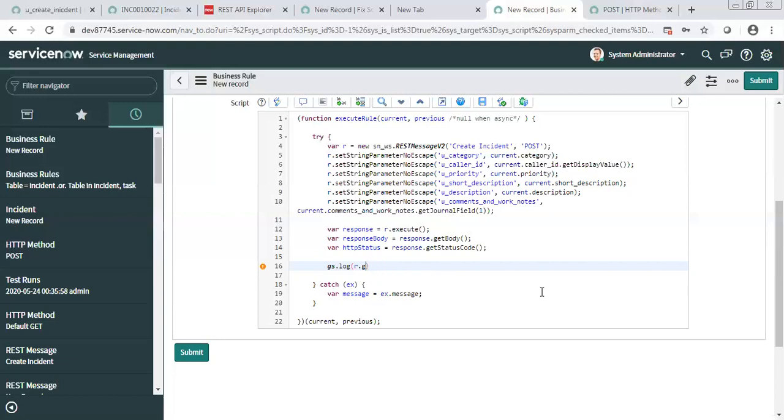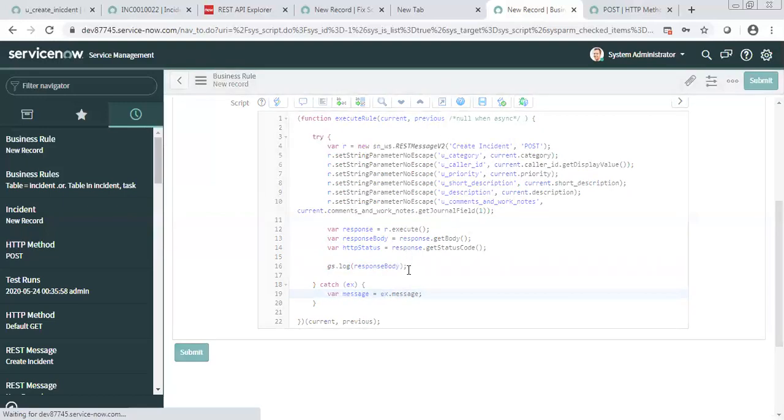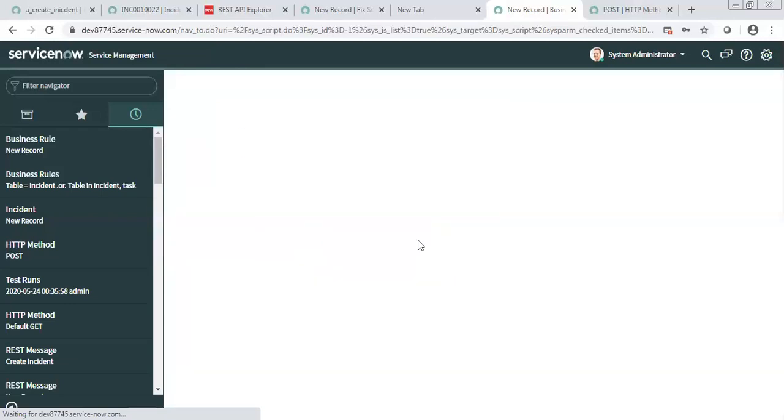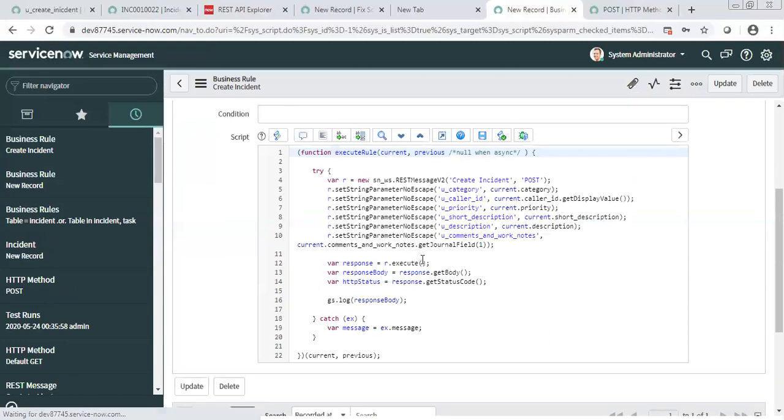First was it? It's not coming. Let me see. So if I print this response body, let's say I want to print this response body, like what response has come. So you can put it here. Okay.